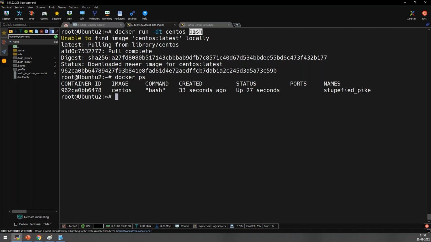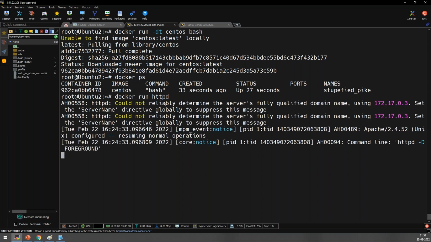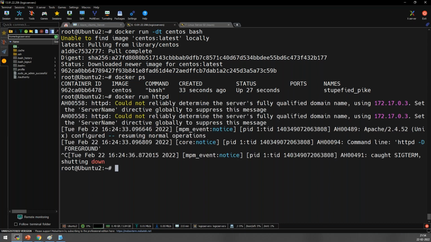But see, in the previous container, let's say if I type docker run, sorry, not apache, what is the name? httpd, right? When I run this, it will run, but when you try to do something, it will exit. The reason is there is no task I have given to this Apache web server. But when I run the CentOS image, inside the CentOS I told it to run something called a bash shell. So there is something running inside it.